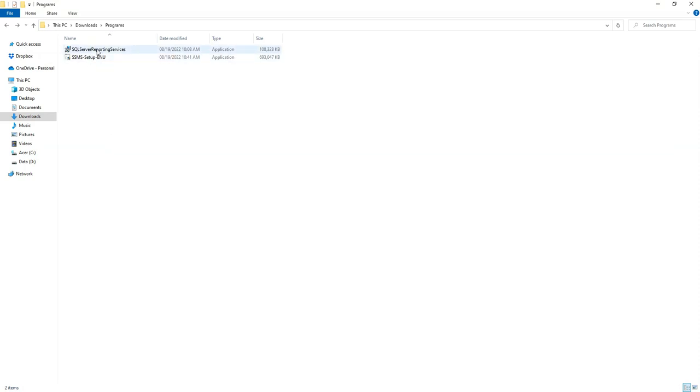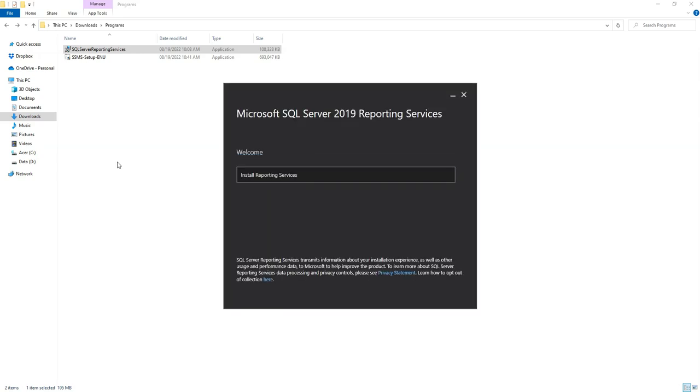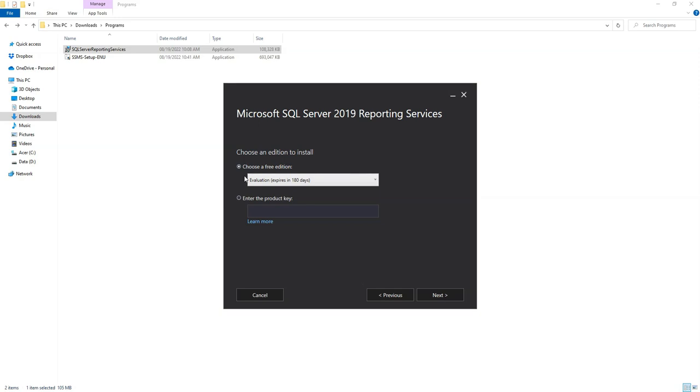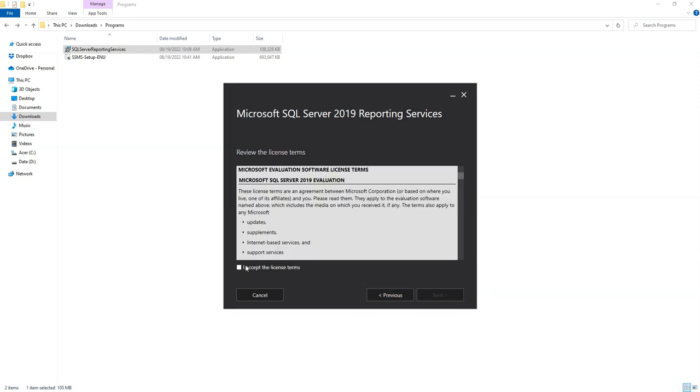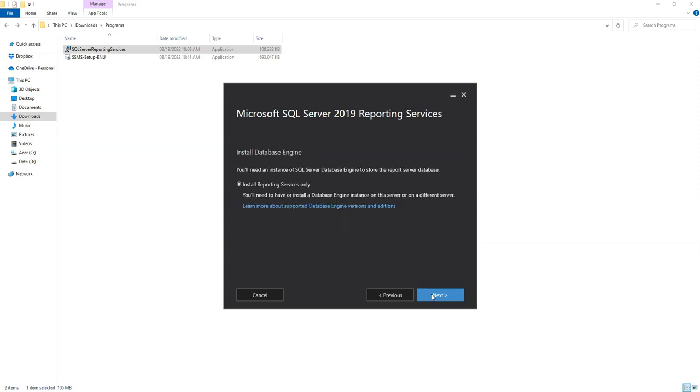For this, you just need to double click and click install reporting services. Choose the first option, free edition. Click next, accept, next. You will need an instance of SQL Server Database Engine to store the report server database